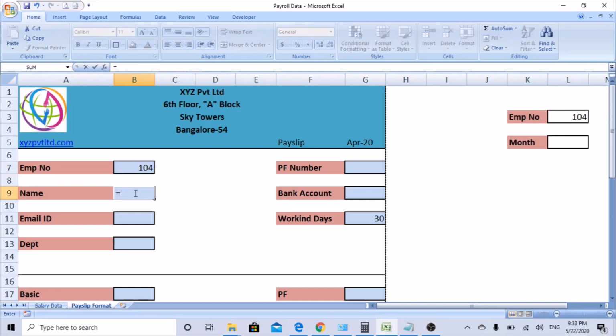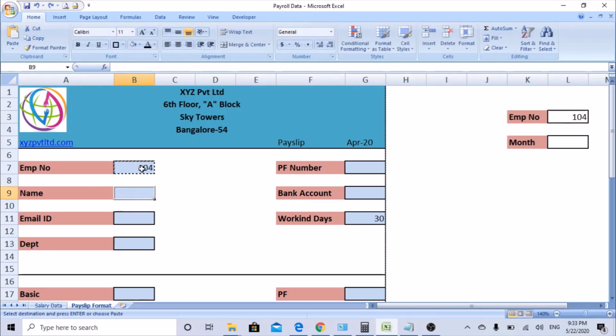Again, you can copy this formula. Before copying this formula, look at the range we have selected. If I press F2, it is selecting this cell, right? So I need to freeze this so that if I copy the formula down, this range does not change. In this example, if I copy this formula down into this box, you can see the range is going down. So we need to get the employee number for the details.